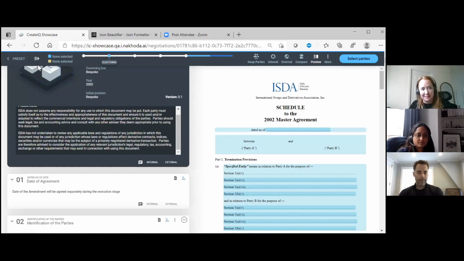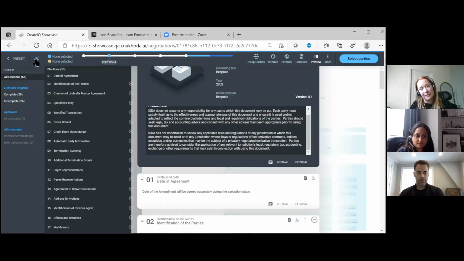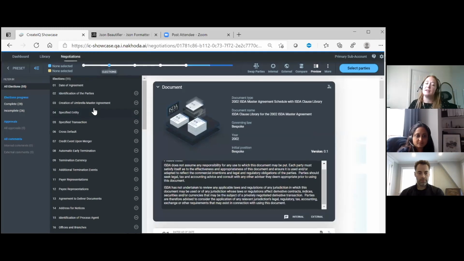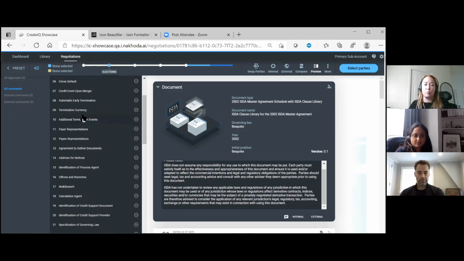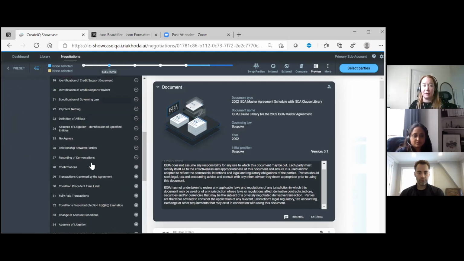I'm going to click this little 3-arrow button on the top side because what is also exceptional about this particular document is that we've embedded the ISDA clause library. In any document on the platform, when we're showing you either a Reg IM doc or an interest rate doc, there are a number of provisions that when we click these buttons, you'll see where a user needs to make relevant elections to complete their agreement, send it to a user, and then eventually complete their negotiation and execute the